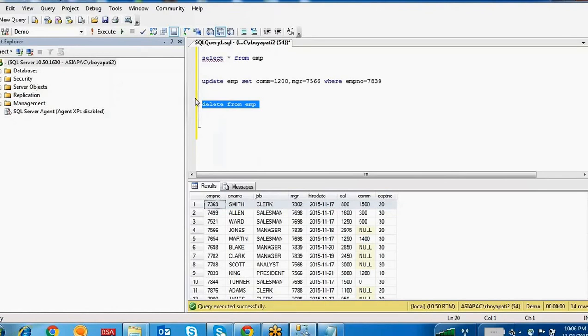But I don't want to delete the entire table. I want to delete only this row, this employee number's information. So you have to write the where condition: where employee number equal to 7369. Got it? Now I'm going to execute this one.